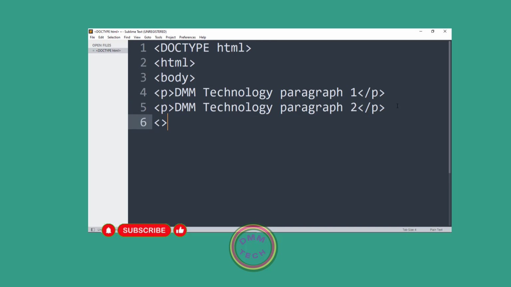Then we must close the body. We insert the closing tag body, slash body, and also slash HTML, closing the HTML program. Then we write by these forms. Finally,